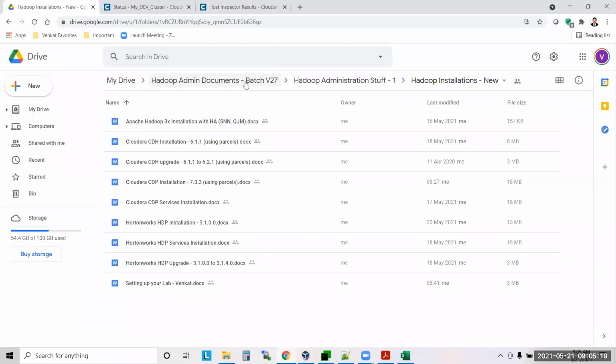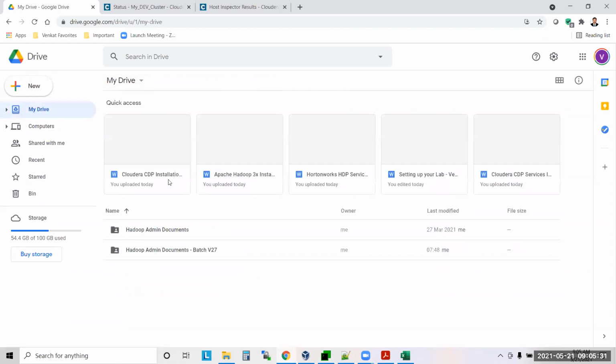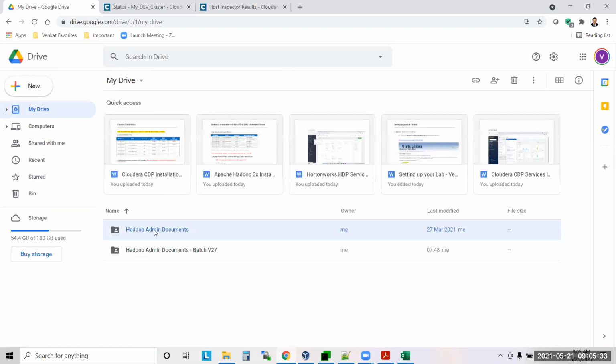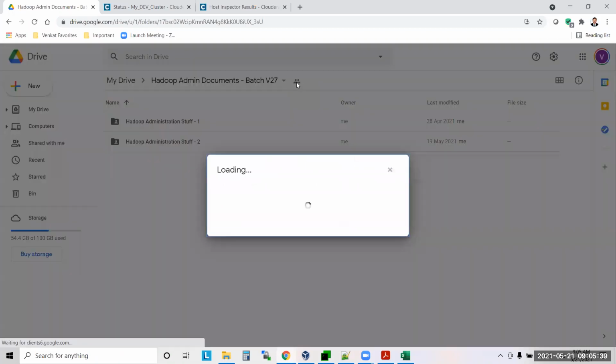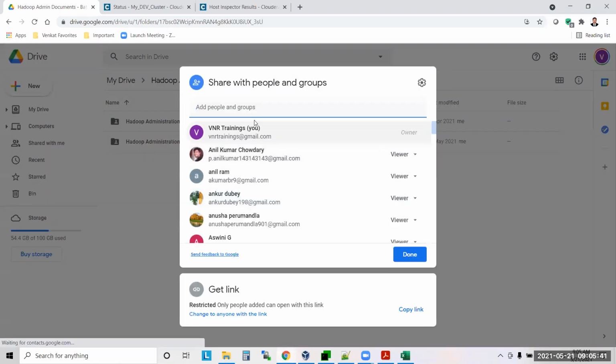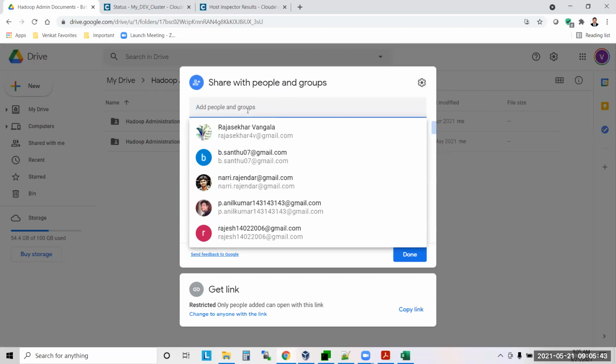Are you checking in batch V27? If you see my drive, these are the old admin documents, don't use this one. Use the admin documents, batch V27. We don't have that access. Then let me know, I'll add you.